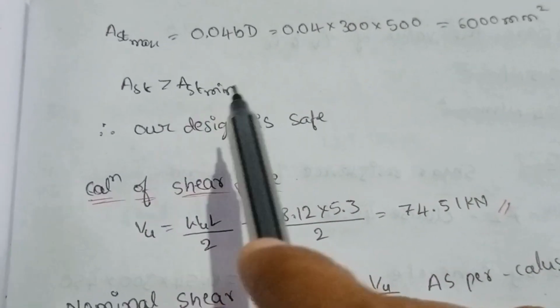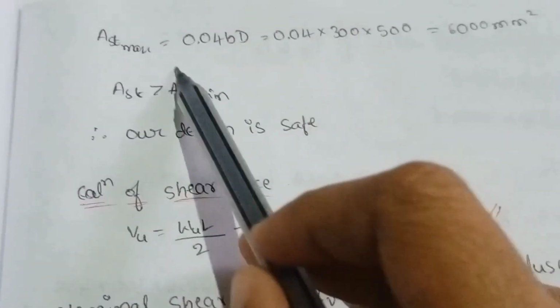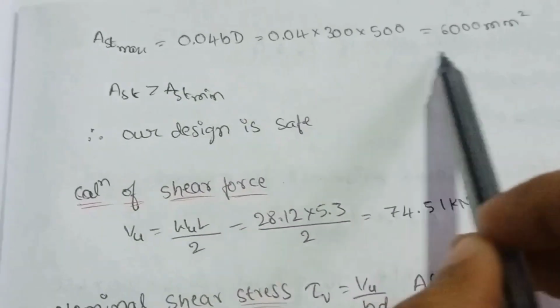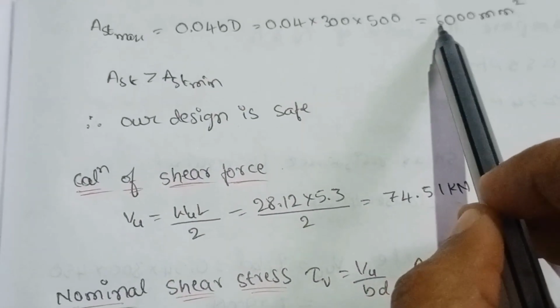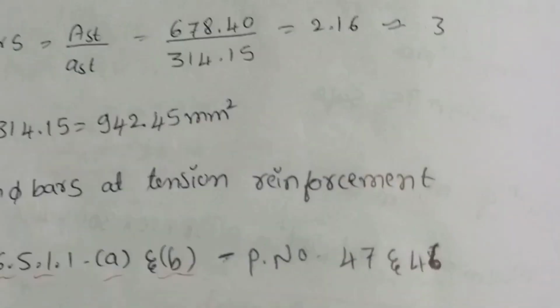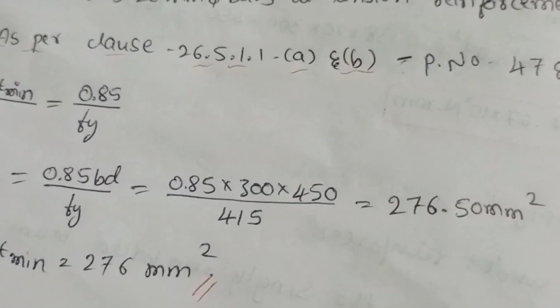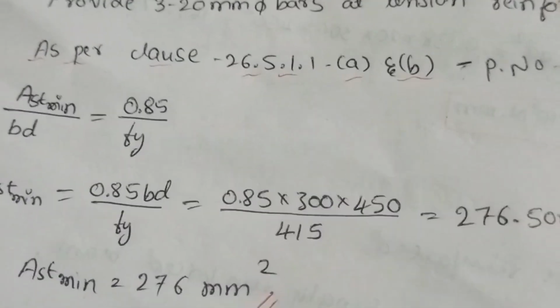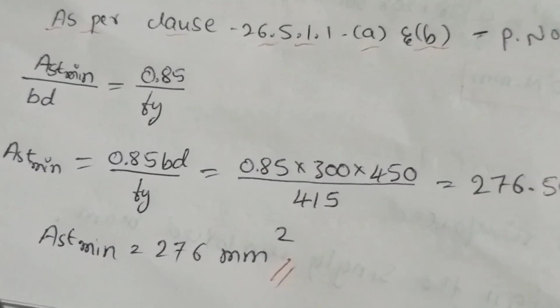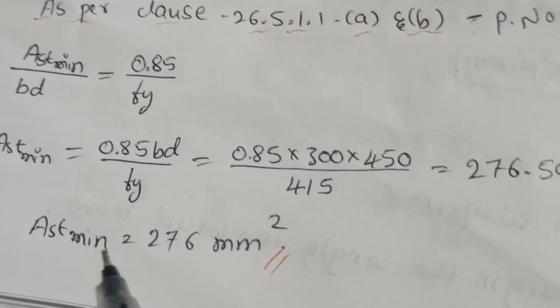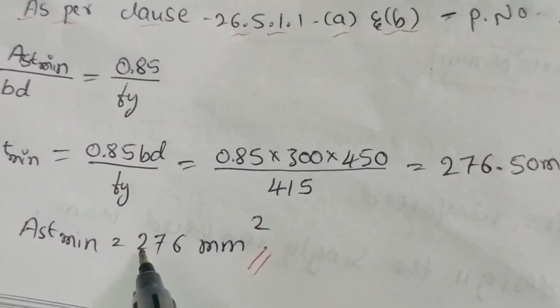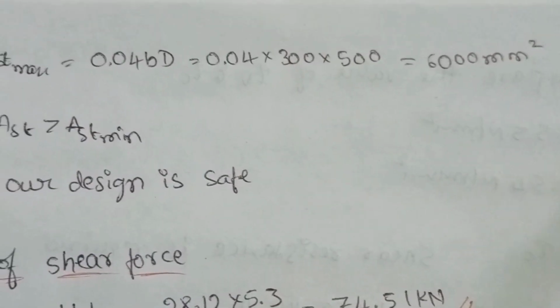So our AST maximum is 6000 mm square and our AST minimum is 276 mm square. So we should not provide our AST less than 276 mm square and more than 6000 mm square, but our AST is